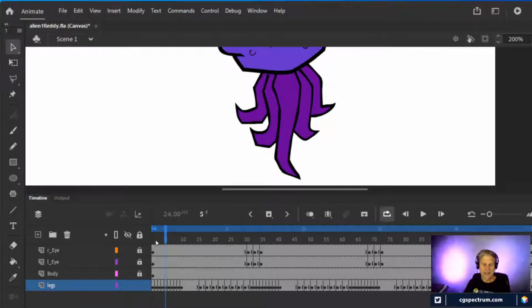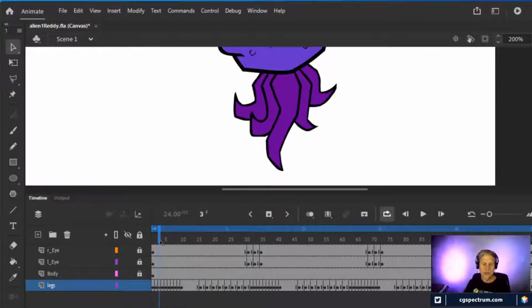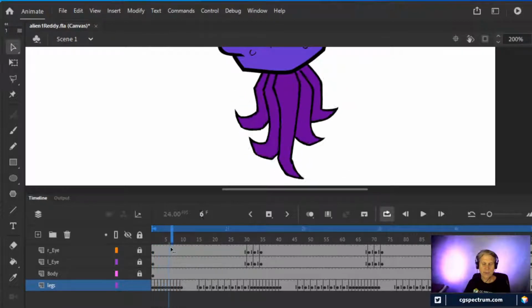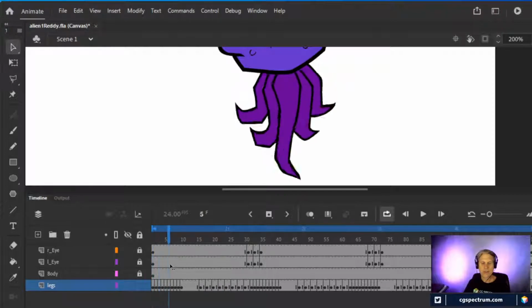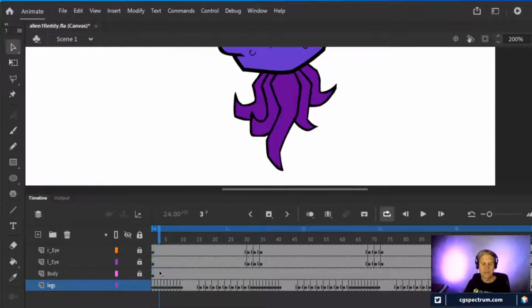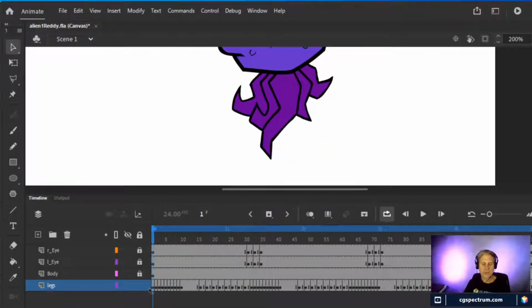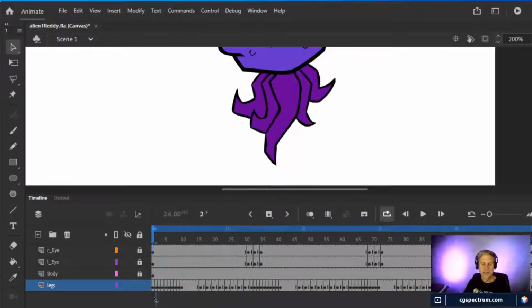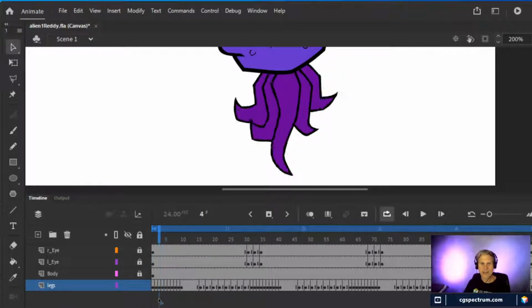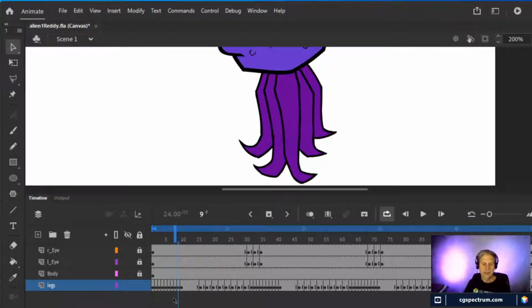But it was done by hand. Every frame was drawn individually. A lot of copy and pasting, but it was still drawn individually. And that's not the most effective way to work in Flash. If you're going to do that, you might as well use TV Paint or Toon Boom or something and do it that way. Flash does vector drawing really well, and vector drawing is reusing things and copying and pasting a lot and doing things on the cheap and as fast as you can.